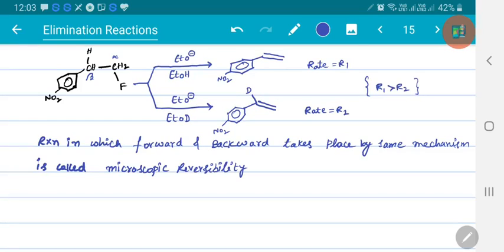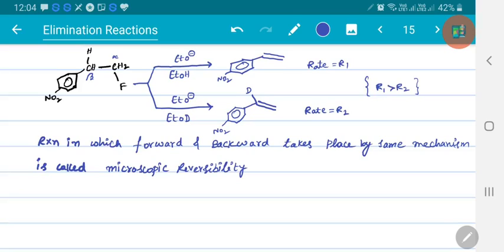So whatever it may be, we are bothered about E1, E2 and E1CB. In E1 there is carbocation formation, carbocation rearrangement is possible, neutral bases are required, right? And there must be a good leaving group. In the E2 mechanism, a very strong base is needed, and we don't care about the leaving group ability, because the basic character of the base must be very high. It should abstract the beta hydrogen more readily than the leaving group, right? So it has to abstract hydrogen, and the leaving group has to leave in the same step, a concerted step. So that is the E2 mechanism.